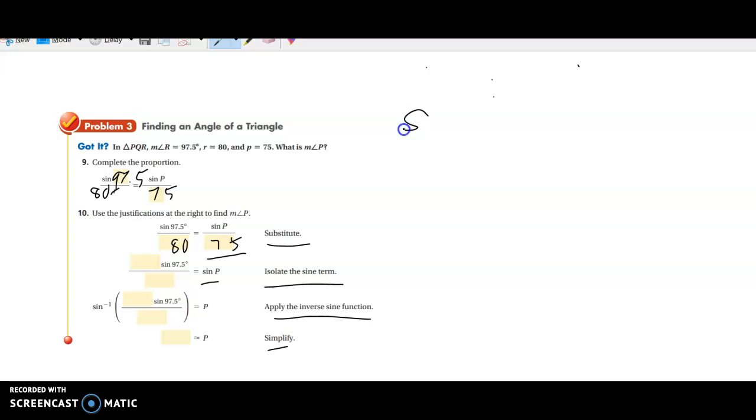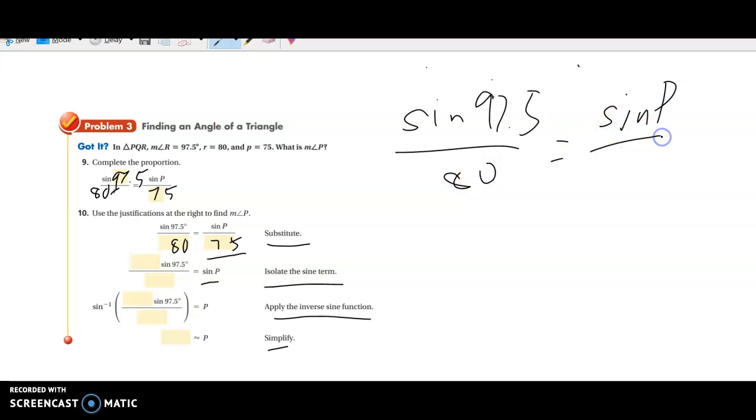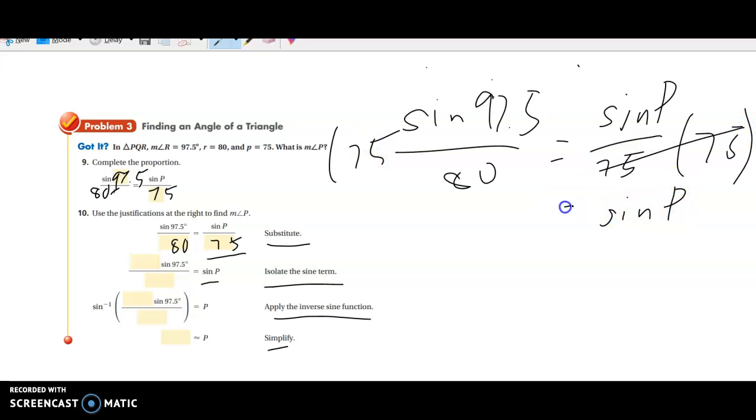So let's say we had sine 97.5 equals 75. And if we multiplied by 75 on both sides, this would cancel out and we'd be left with sine P equals